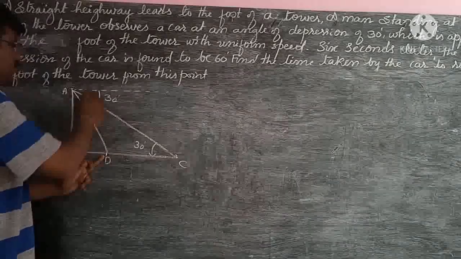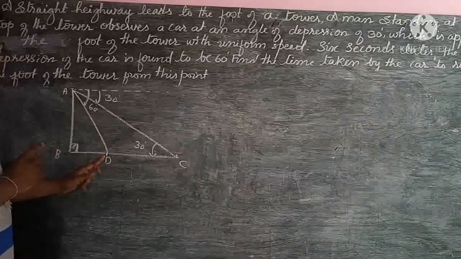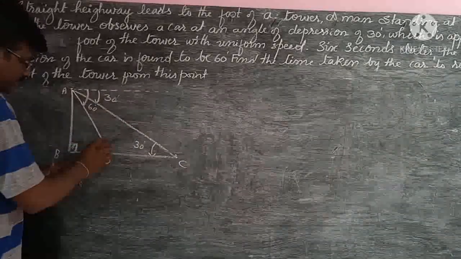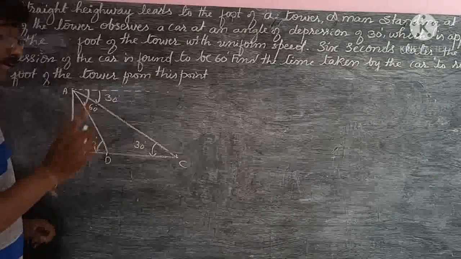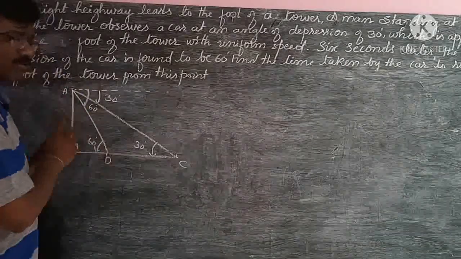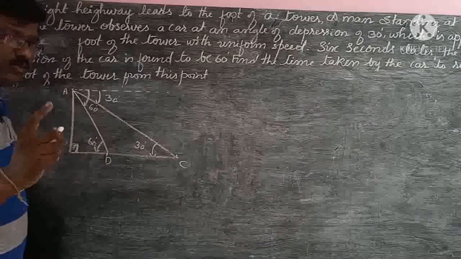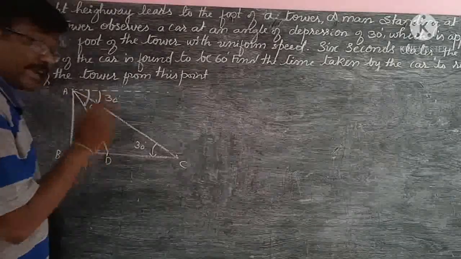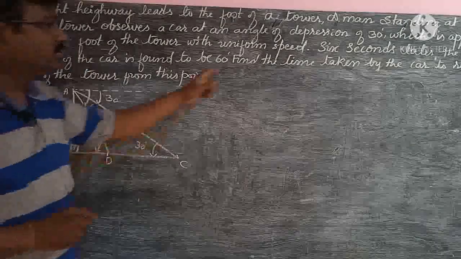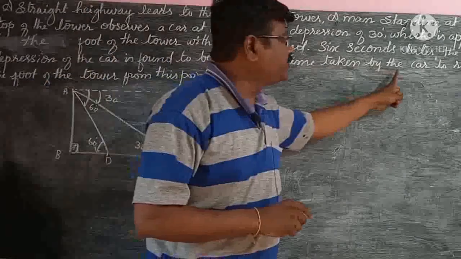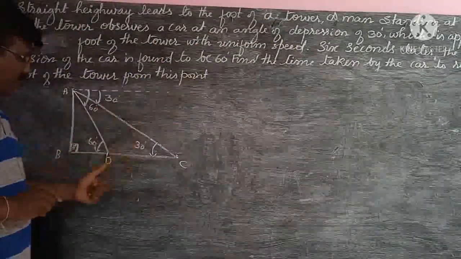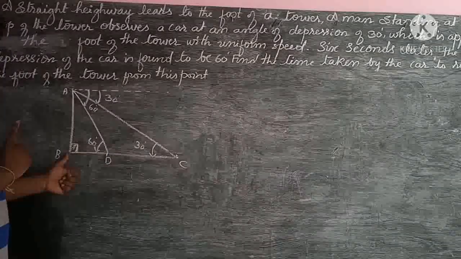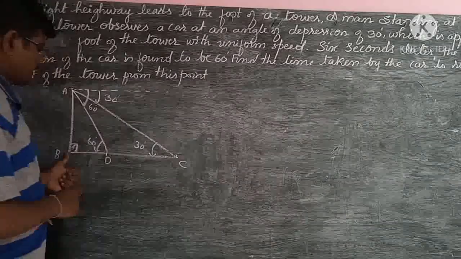Then the angle of depression becomes 60 degree, and again it is a parallel line. Therefore it is a transverse line and the alternate angle becomes 60 degree. Then again it forms two right angle triangles. So we use one right angle triangle to make one equation, and another right angle triangle to make a second equation. The question asks how much time the car takes to reach the foot of the tower from this point, after 6 seconds. Therefore we take the first right angle